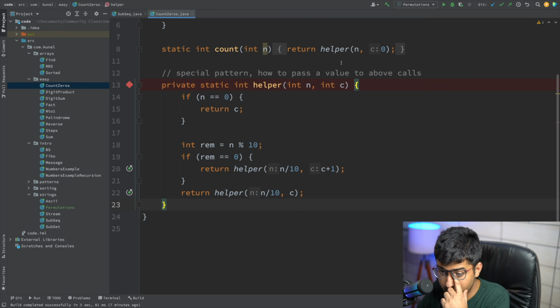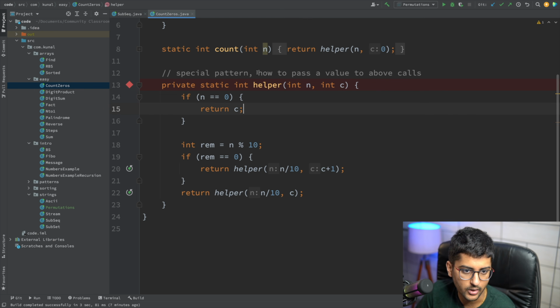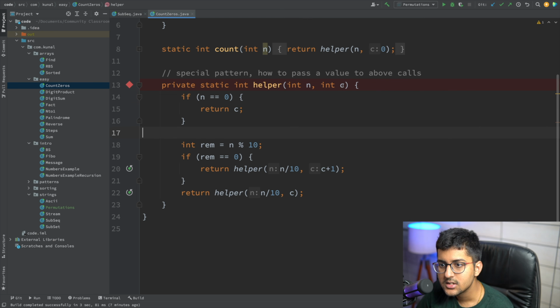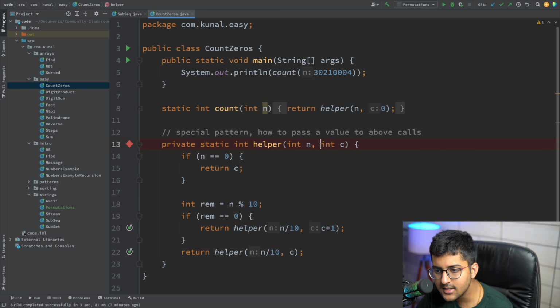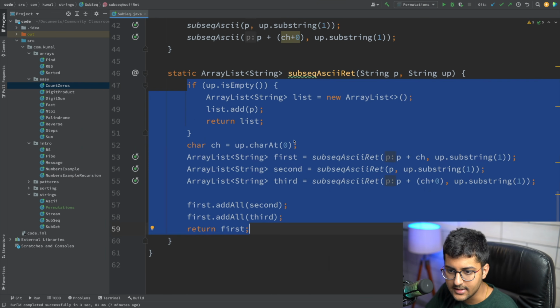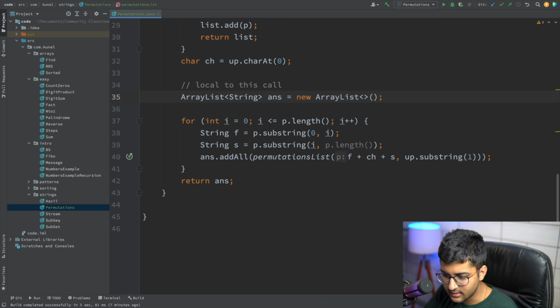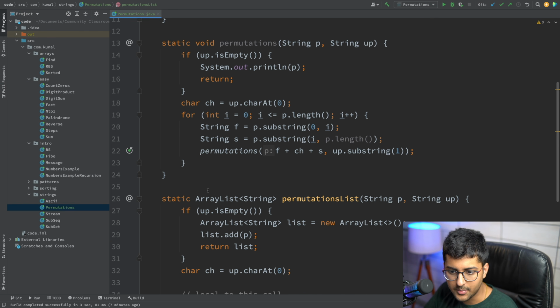So yeah, over here you can see we have done the count. We have taken a count over here, and whenever it becomes 0, it's just returning the count. Already explained this. Here we took it inside the argument, but we don't want to do that. We've already done such questions. So let's say we are just going to take the count inside the body. Inside the body we're going to take the count. I'm just going to copy paste this.